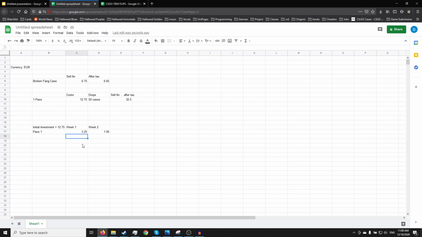And right here I'm always going to write the total. So right now it's 3.25, and right now it's the previous total plus 1.95. In week 3 we make another 1.95. In week 4 same thing, we make 1.95 and we get the total. In week 5 same thing, and same thing with week 6. Only here it won't stay as 13, but we are going to write it as 13 in parentheses pass 2,